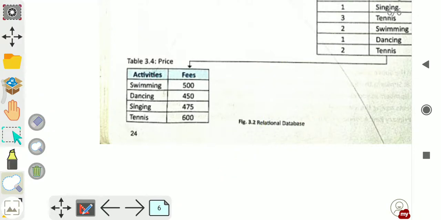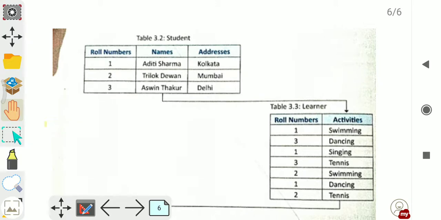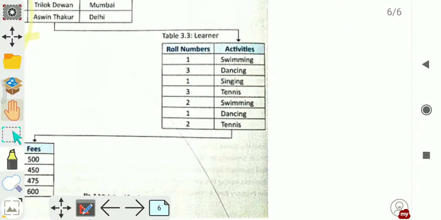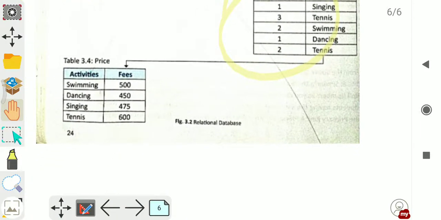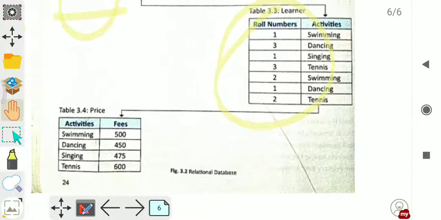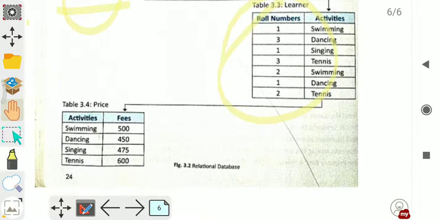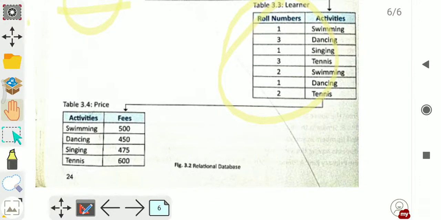So now we can see that roll number is present in table 1, and roll number is also present in table 2. And here the price table is the third.